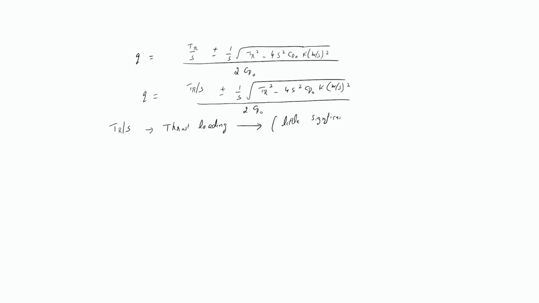So we will not be using much of this TR by S. Instead of TR by S, what makes sense is T by W: how much thrust is required to lift this weight classification of the aircraft. So TR by W. Let me write in terms of TR by W. So Q equals TR by W times W by S. So both equations will be the same. Do not worry. Plus or minus TR by W